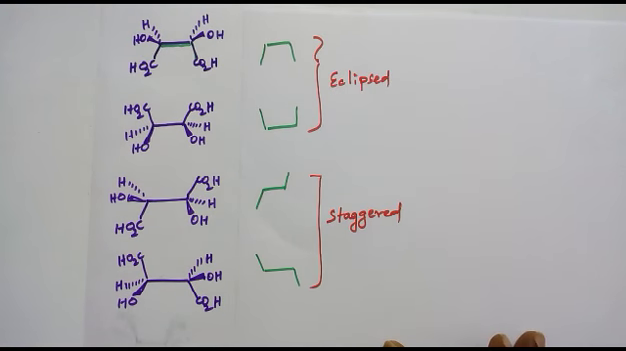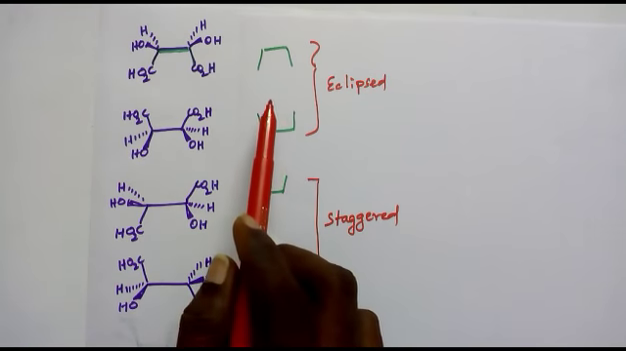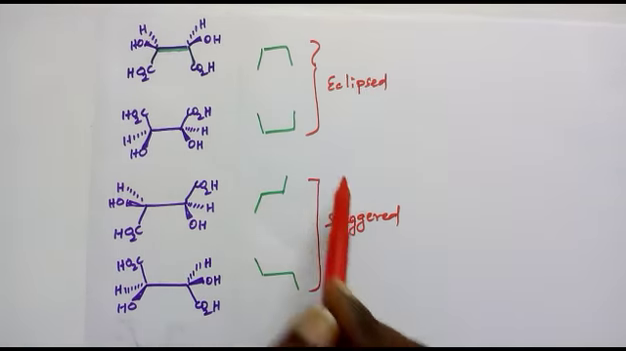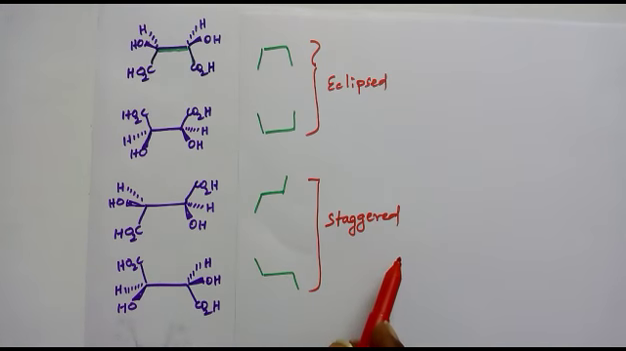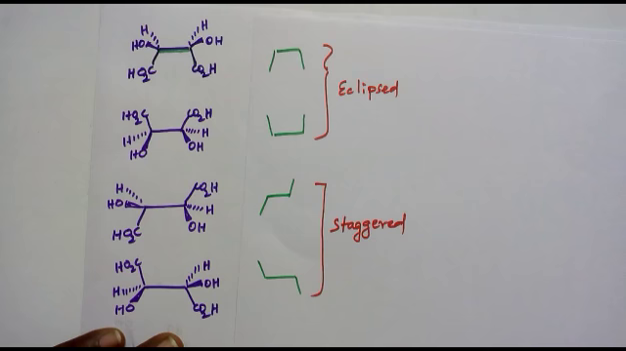This you need to remember first. Stools mean eclipsed, chair means staggered. That you need to remember. That's very important. From there only we are going to proceed. And the point is these